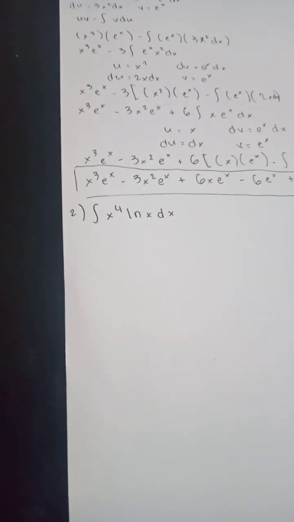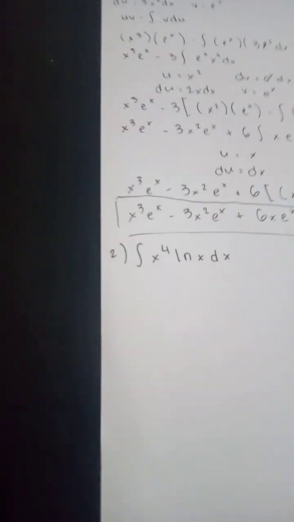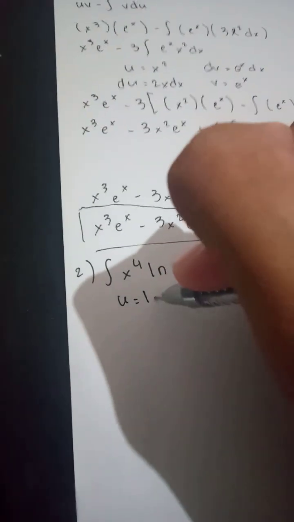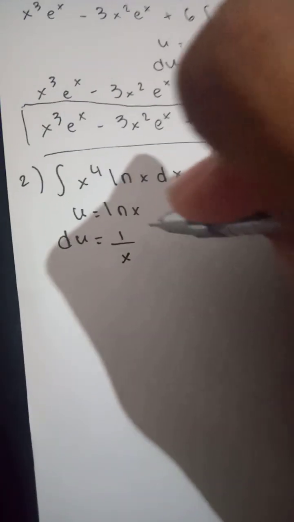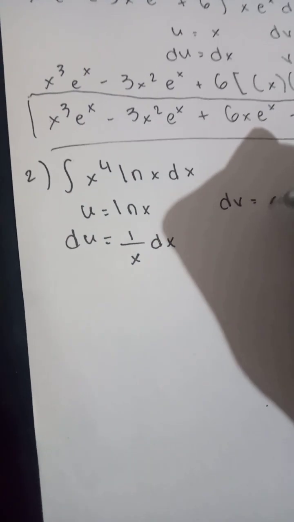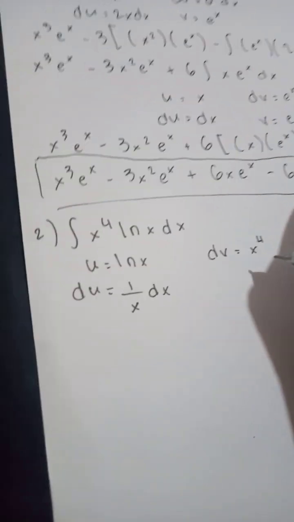So for example 2, we're given the integral of x to the 4th power ln x dx. So first, we're going to have to look for u and v. So our u will be ln x here. Then the derivative of ln x is 1 over x dx. And for our dv, we're going to use x to the 4th. So the integral of x to the 4th is x to the fifth over 5 since we use the power rule. So v is going to be